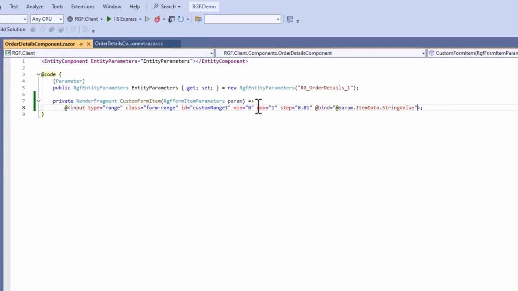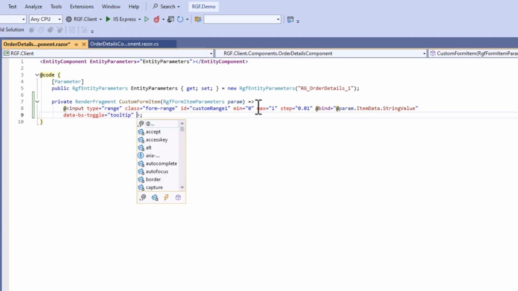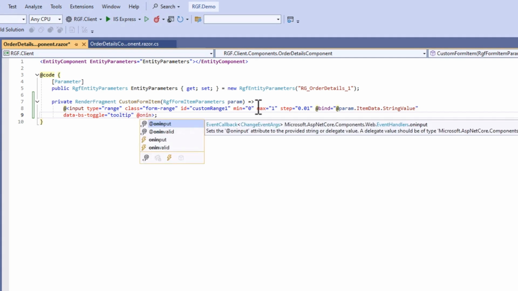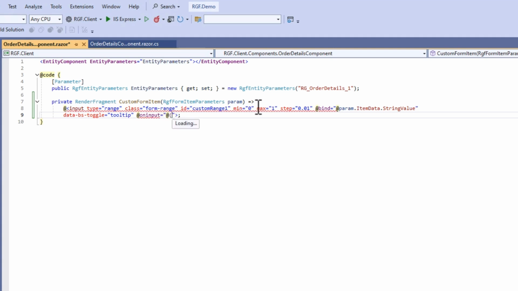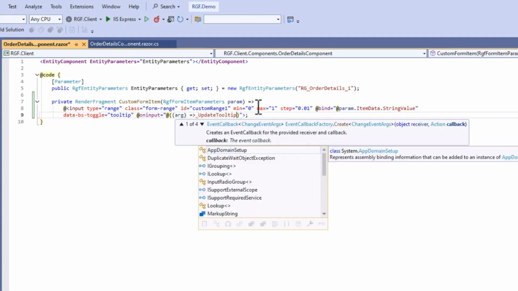For displaying the data, I will use a Bootstrap tooltip. I need to update its value with every change. I will do this with the updata tooltip method.